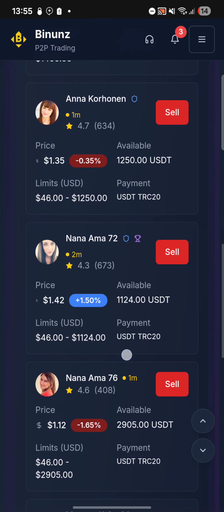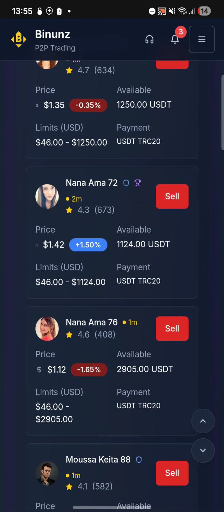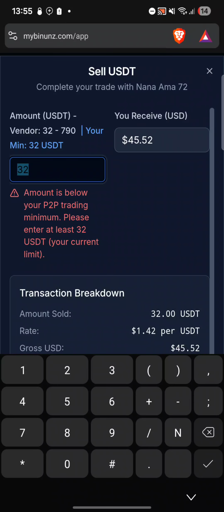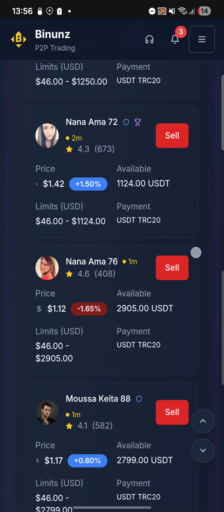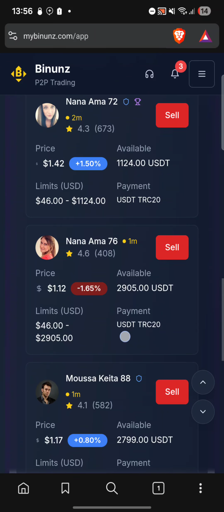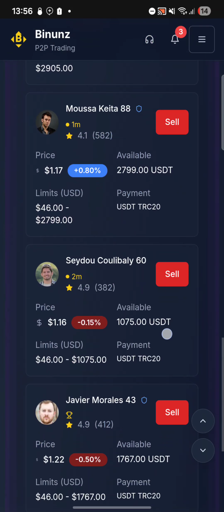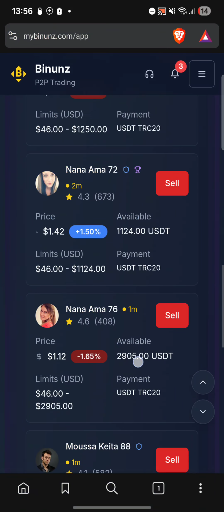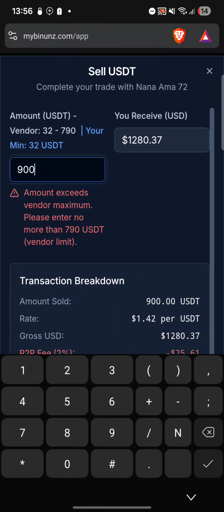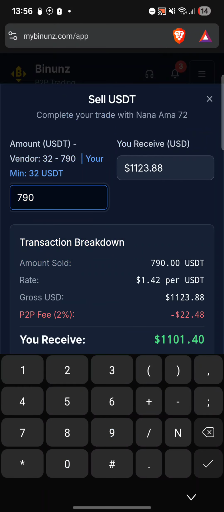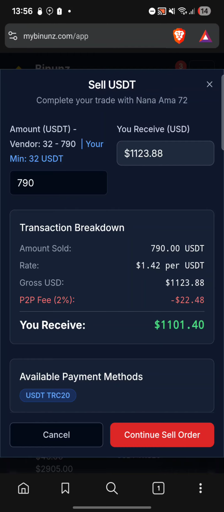So this one is 1124. Let me try this one, 1000. You see the same thing, the error. So I will find the vendor who has higher limits but good price. Or what I will do, guys, I will put 900 instead. Let me sell to this one and put 900. Still not working, so I will put the maximum that they are saying, which is 790,